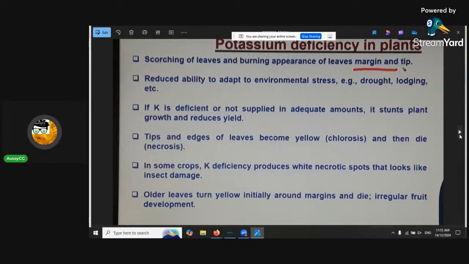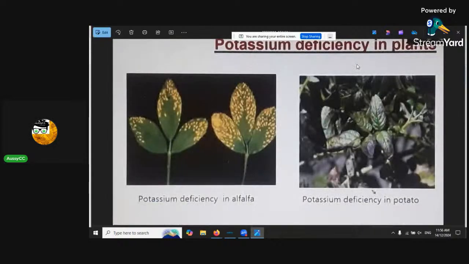That's a good way to see potassium deficiency in plants: the scorching of the leaves and the burning appearance on the leaf margins, on the tips. Right on the edges of the leaves, you'll see it'll be dead, only a little tiny bit. You'll think, oh, that's so tiny, maybe it's saline problems, salinity. But it's not. If you look at the leaf a little bit better, you'll see... actually, I'll wait until I go up further, because that's not a good example.